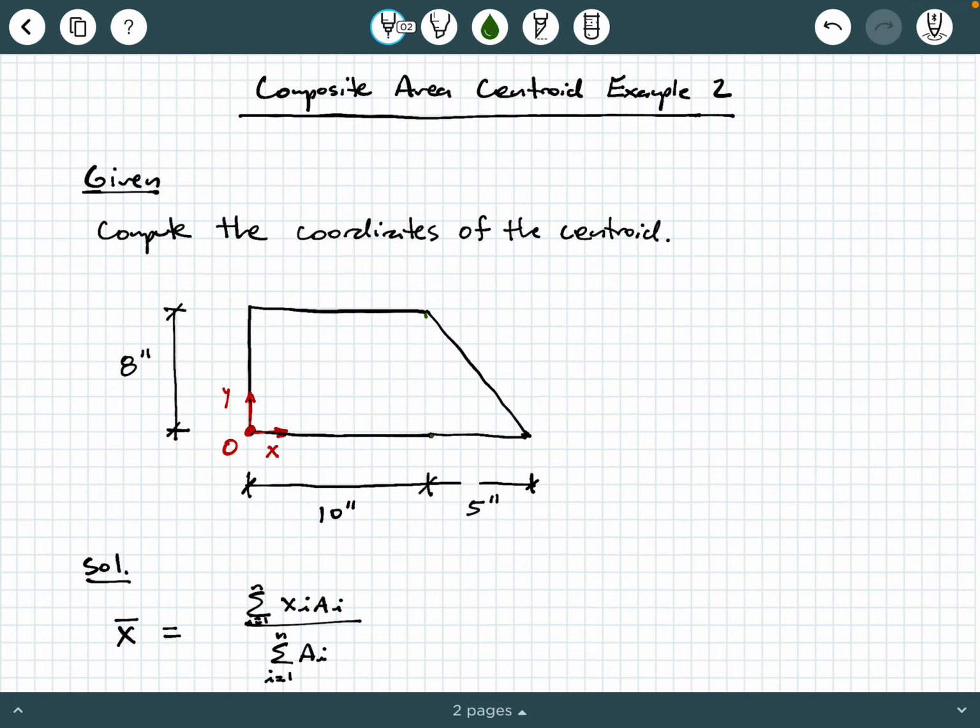Hey everybody, Dr. A here, and in this video we're going to be exploring another example of computing the centroid of a composite area. Actually, this is a remake of a video that I made two nights ago, and one of my students found a mistake in the previous version, so shout out to Eli for catching a mistake I made, and so I've taken down that previous video and am reposting this as a